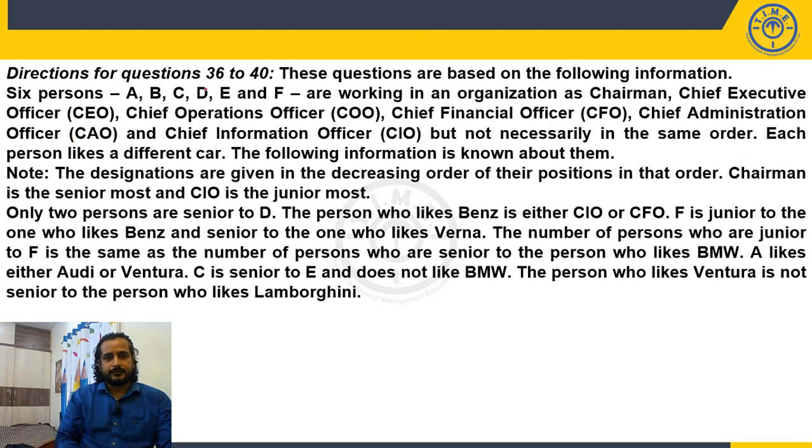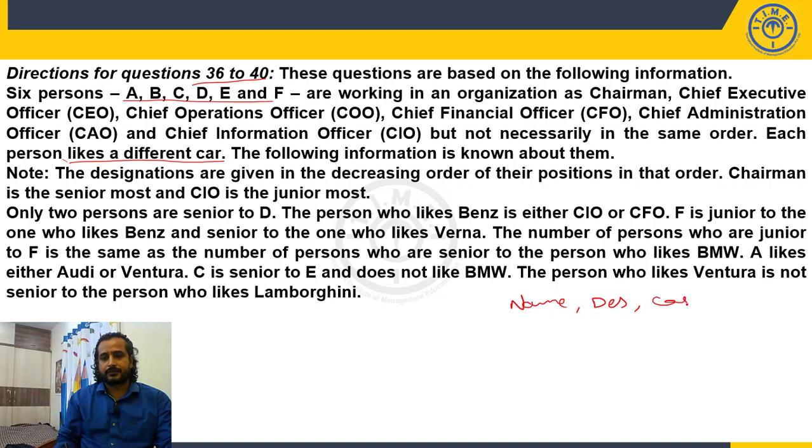36 to 40. Designation based question. You know, in designation based questions, we are going to freeze designations. But once read the information: 6 persons are given and working in an organization as a chairman, CEO, COO, CFO, CAO and CIO, but not necessarily in the same order. Each person likes a different car. So how many variables? 3 variables: name,